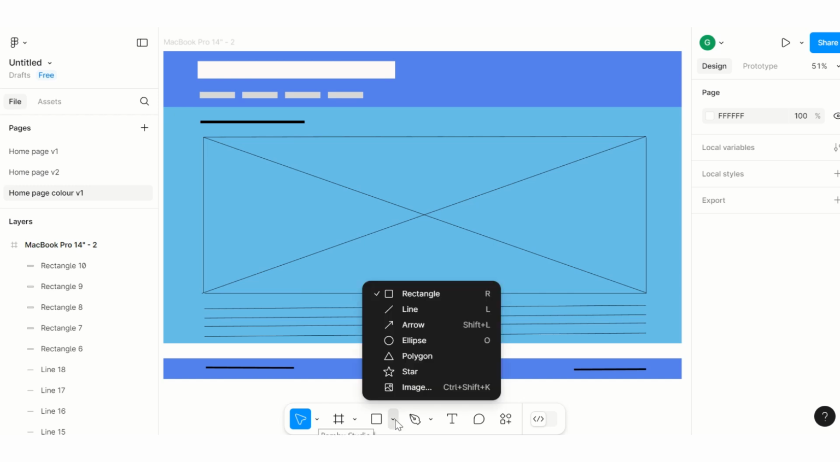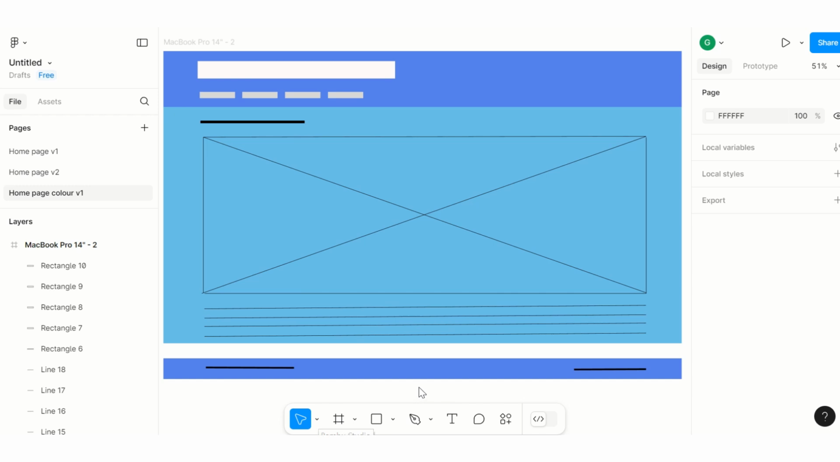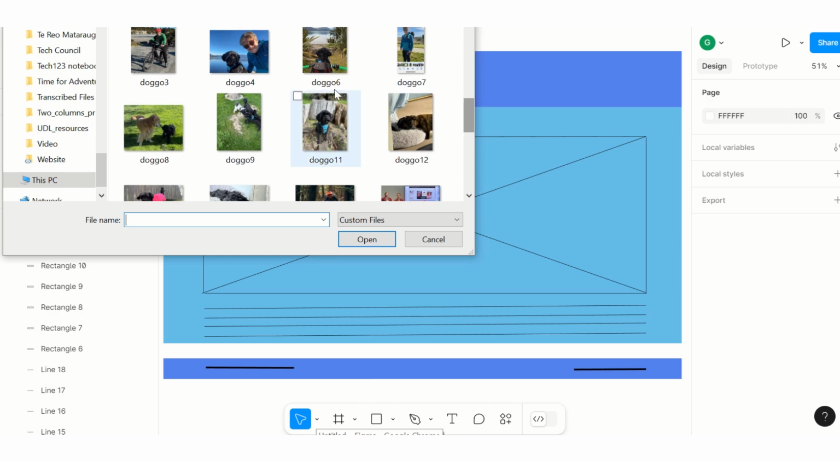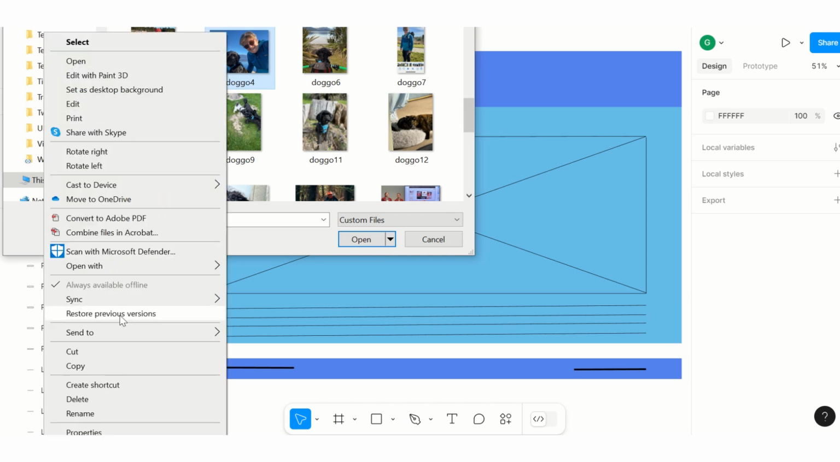Where my shape is, I can grab image. Now I need to know where I've stashed my images, and I've been very sensible and I've put them in my pictures folder and I've named them. So if I go down there, that's the one I've been playing around with. So I've just right clicked it, and what I'm going to do is copy,